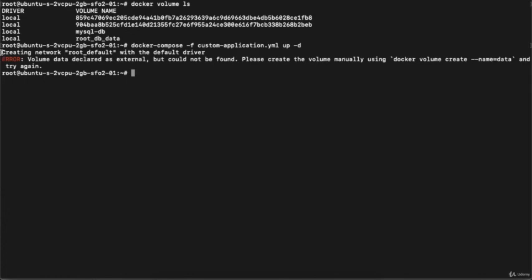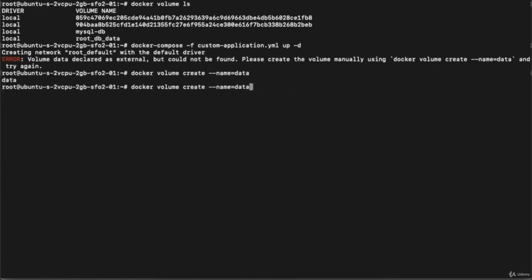The error says: creating network data root default with the default driver. Error, the volume data declared as external but could not be found. Please create the volume manually: docker volume create --name=data. I simply copy this command and paste it here.